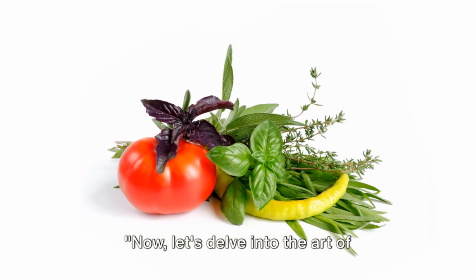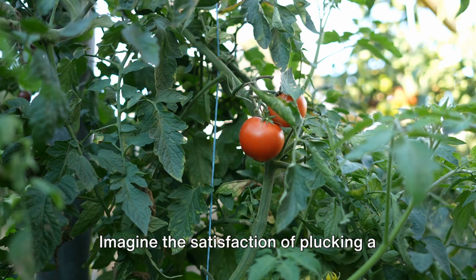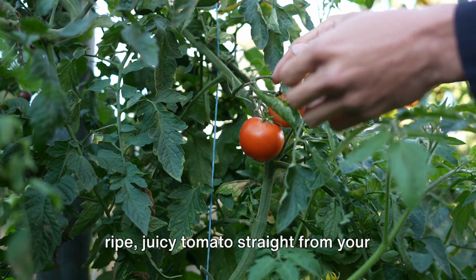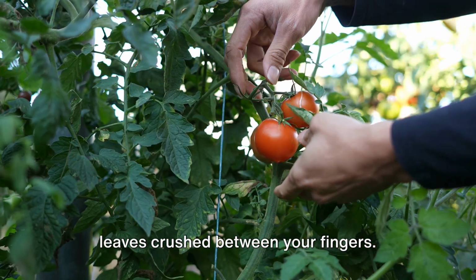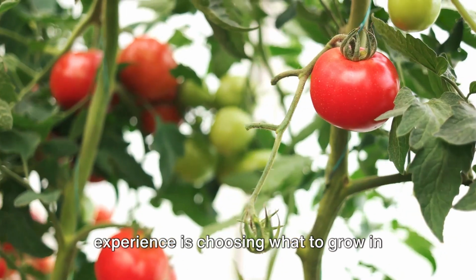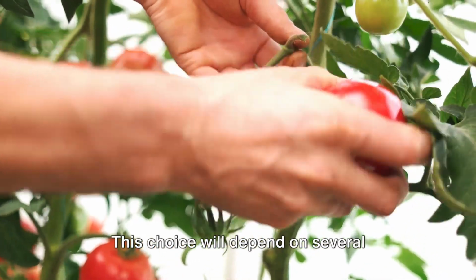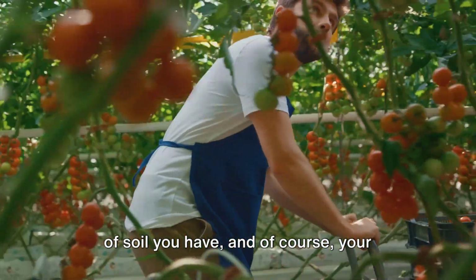Now let's delve into the art of selecting the right ingredients for your gourmet garden. Imagine the satisfaction of plucking a ripe, juicy tomato straight from your garden, or the fragrance of fresh basil leaves crushed between your fingers. The first step towards this delightful experience is choosing what to grow in your gourmet garden. This choice will depend on several factors, including your climate, the type of soil you have, and of course, your